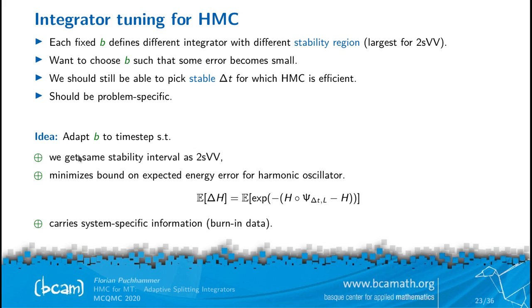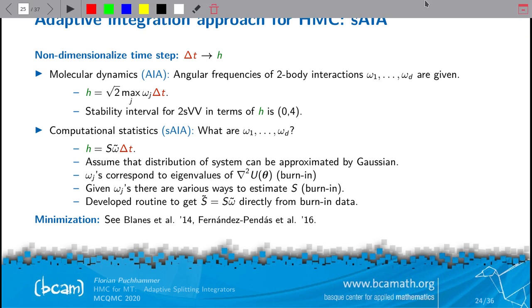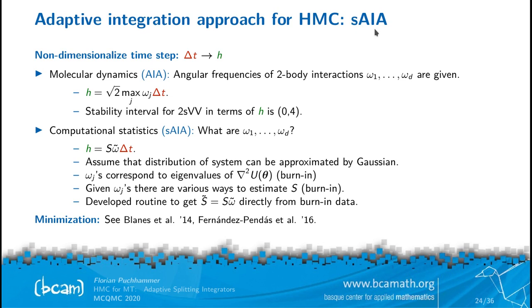The idea is to do the following. We adapt b to the time step such that we have the same stability limit as the largest one obtained by the two-stage velocity Verlet. And we want to minimize the bound on the expected energy error from the harmonic oscillator. And to make it problem specific, it should carry some system-specific information, which we can get during burn-in. One way to achieve that is summarized in the SAIA algorithm, the statistical adaptive integration approach,